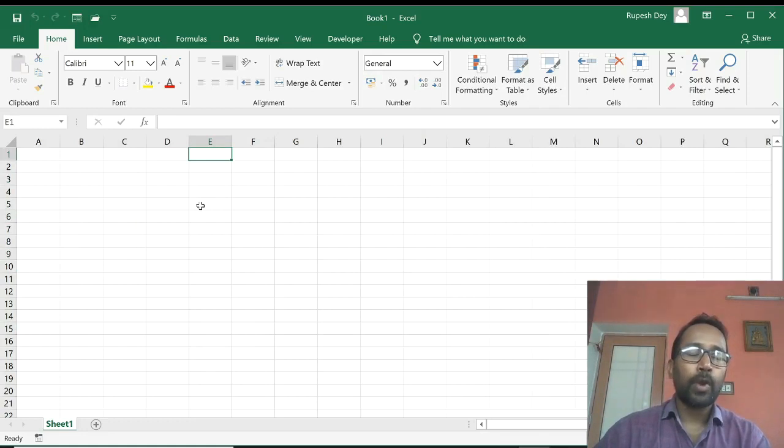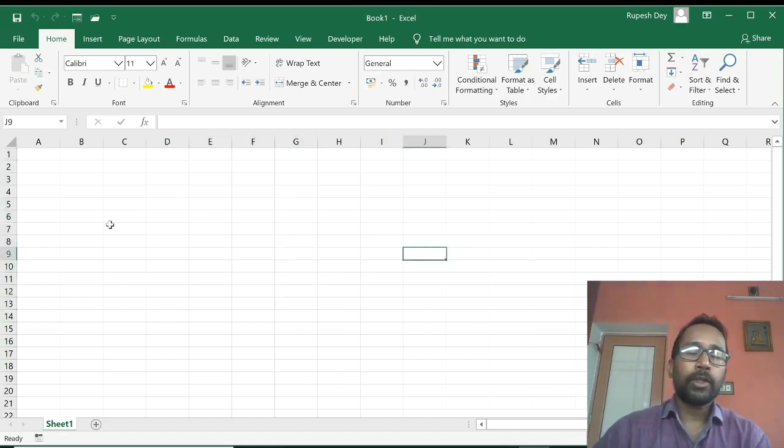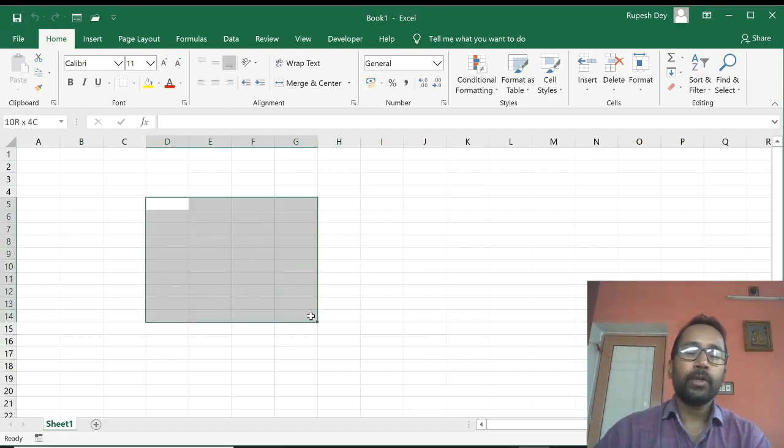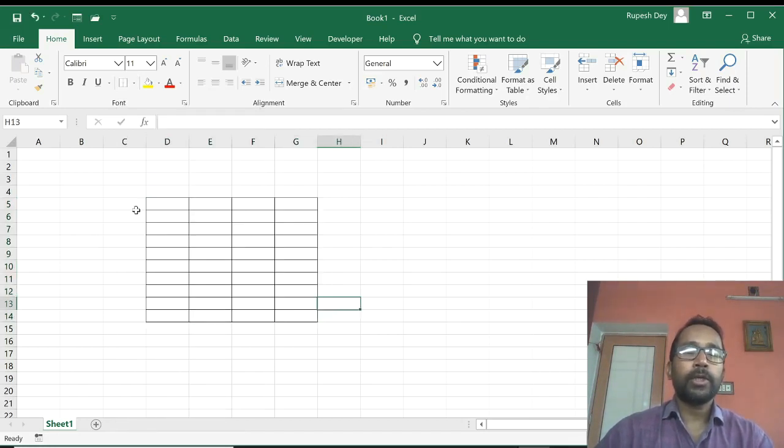Now we will learn how to apply border to the worksheet. See, when we will take printout of any worksheet, this grid line will not come in printout. To bring this grid line in the printout, you have to apply border to them. So for that, first you have to select the cells where you want to add borders. Then this is the border button present in the font group of home ribbon. Click on the down arrow beside this border button. Here you will find a list of different types of borders. Select any border which you want to apply to this selected cells. I'm selecting all borders. See, this all borders have come.